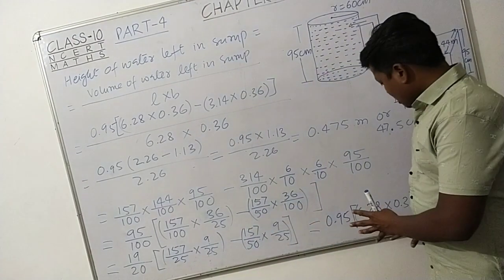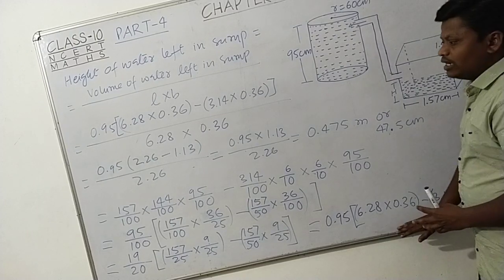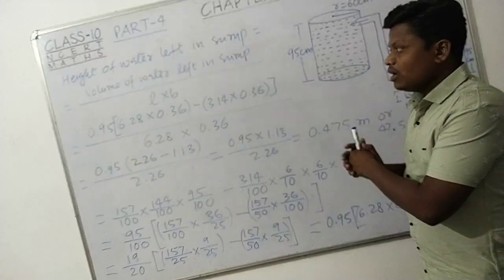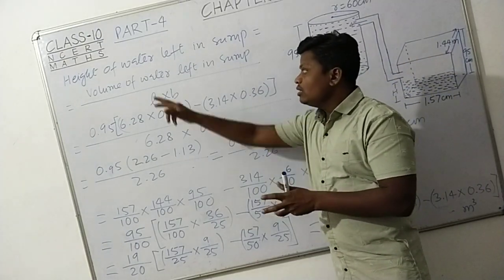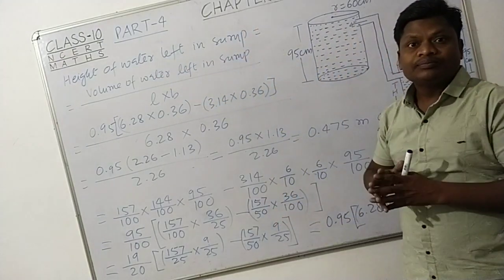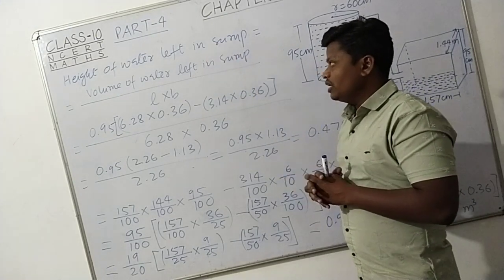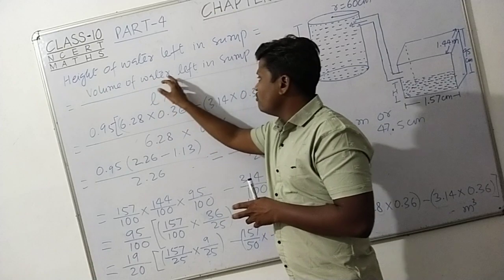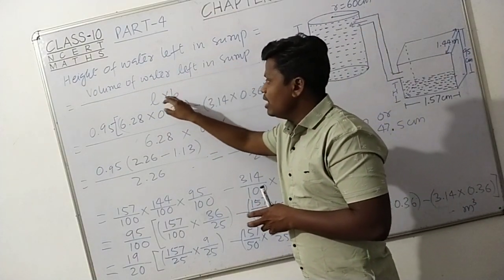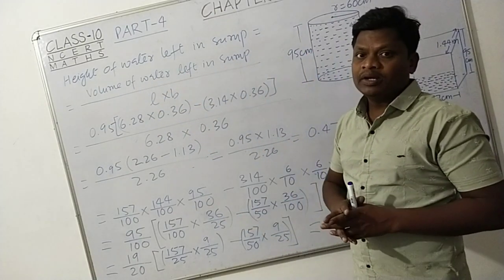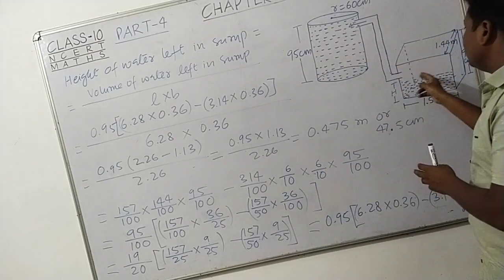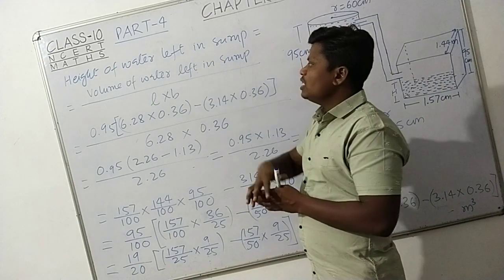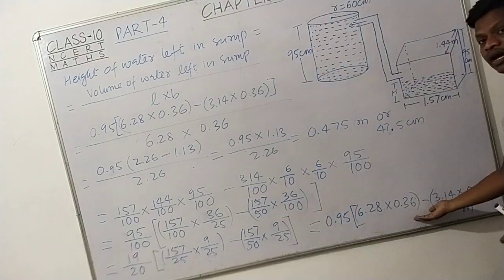नाउ फ्रेंड्स, ये हमने जो यहाँ पर वॉल्यूम निकाला है, दैट इज द अमाउंट ऑफ वाटर लेफ्ट इनटू द सिलिंड्रिकल टैंक और द सम्प. अब हमको क्या करना है, वी हैव टू फाइंड द हाइट ऑफ द वाटर लेफ्ट इन द सम्प, राइट. यहाँ पर जो हाइट जो बची है उसको हम निकालना है. तो यहाँ पर हम फॉर्मूला बनाएंगे, वॉल्यूम ऑफ वाटर लेफ्ट इन द सम्प डिवाइडेड बाय द लेंथ इनटू ब्रेड्थ ऑफ द सम्प. यानी कि यहाँ पर क्यूबिकल टैंक की जो लेंथ इनटू ब्रेड्थ होगी उसको हम यहाँ से उसको निकाल के यहाँ से हम वॉल्यूम का जो वाटर है, जो कि यहाँ पर जो हमको वॉल्यूम मिला है, इसको डिवाइड